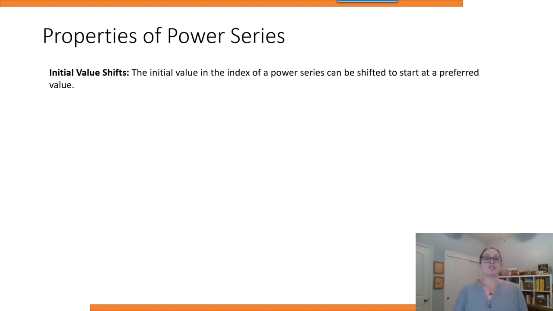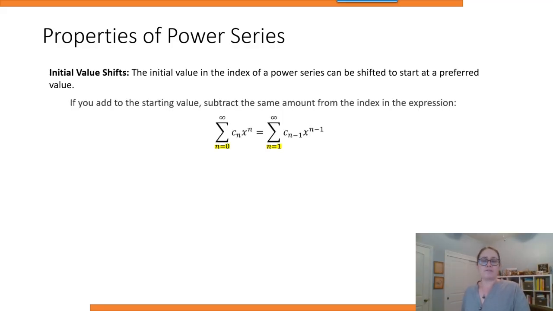I can also shift the initial value. So if I wanted to combine two, but they didn't start at the same value, well, I can change those by doing some shifting around. So if I add to the starting value, so let's say it started at 0, I want it to start at 1. Well, then I'm going to subtract the same amount that I added to all the n's in the